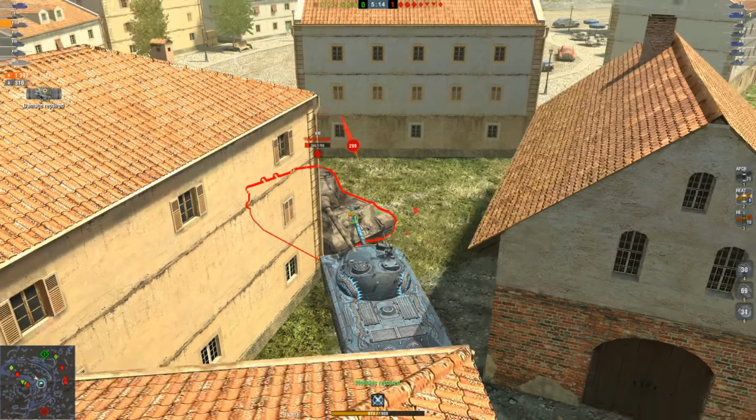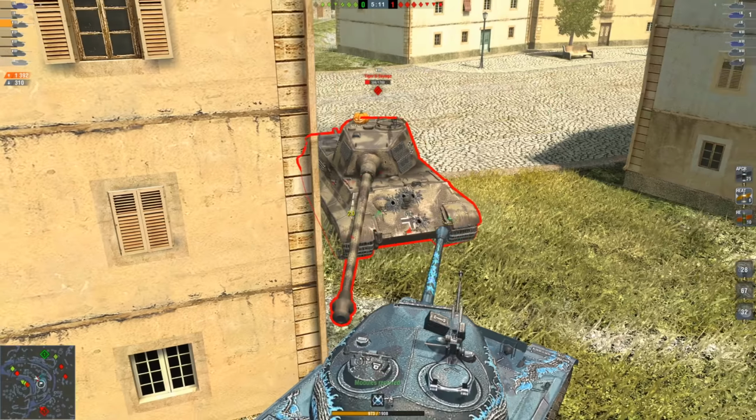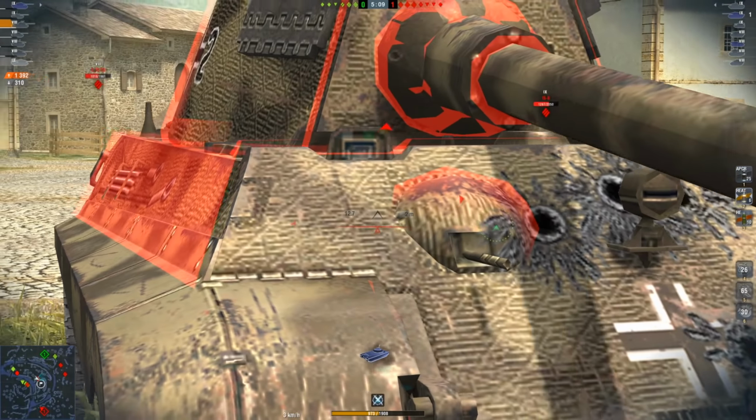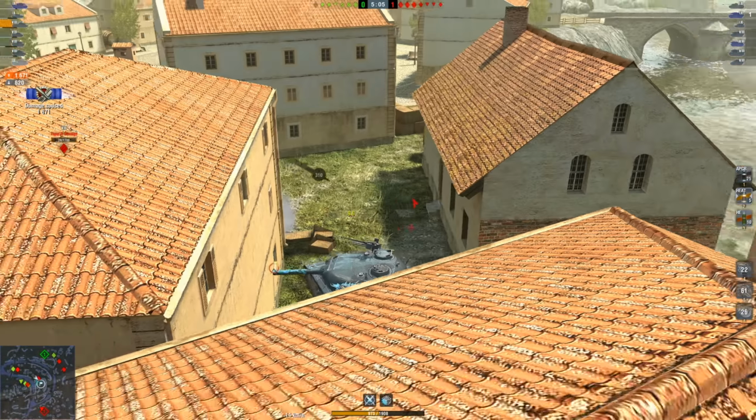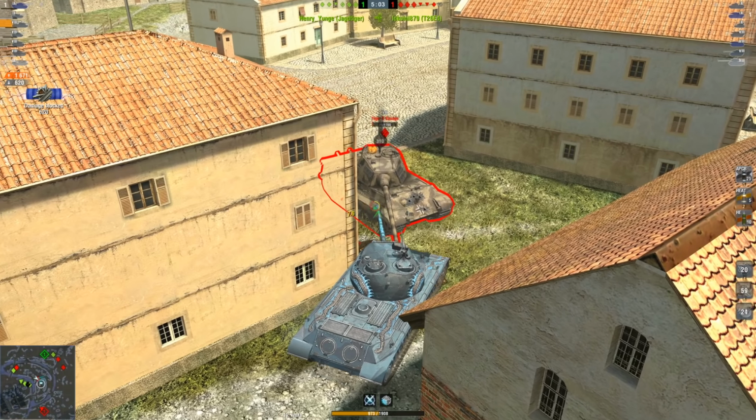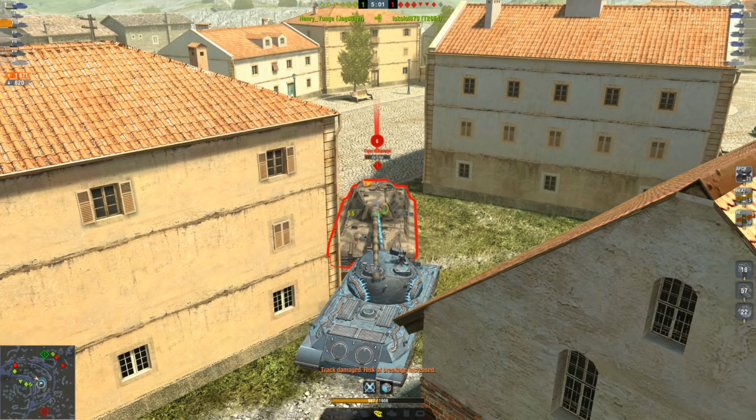So the lower plate on this tank was about 120 effective, and when angled, I'd say maybe about 180 when it is all effective armor there. And yeah, that's really not that spectacular. That meant that pretty much while your upper plate was about 300 millimeters, anybody that got your lower plate could